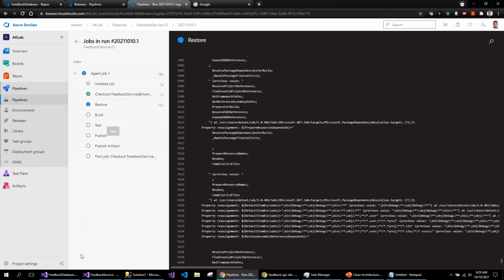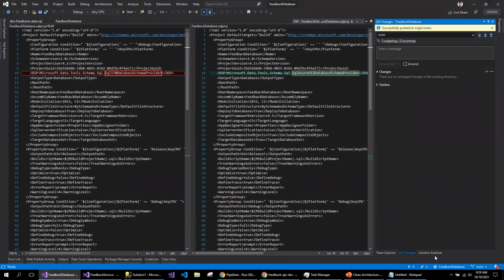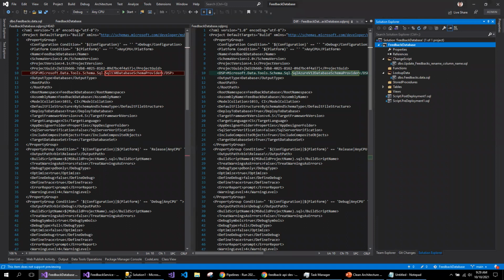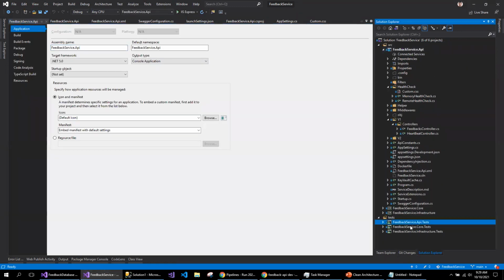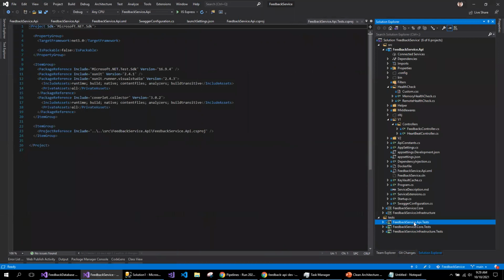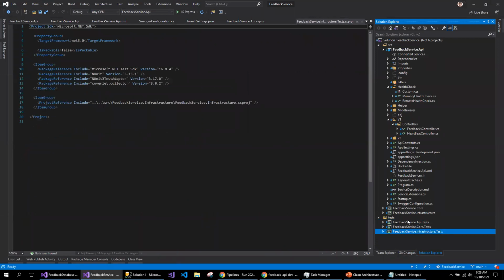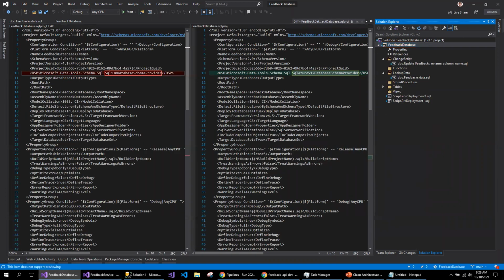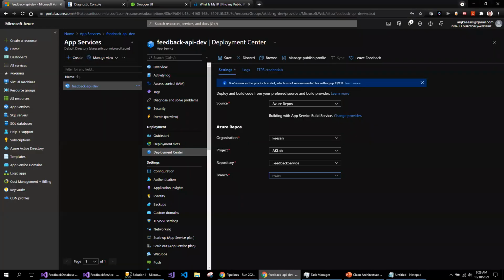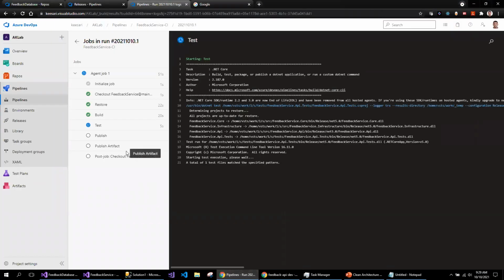Sometimes you might need to build these test projects, each project separately. You might have pre-steps, post-steps, for example. All that I will be talking about in future videos. Like if you are creating the infrastructure for functional testing, you might want to insert some SQL for running those functional test cases. So you might need to alter your DevOps pipeline for accommodating all those kinds of requirements.